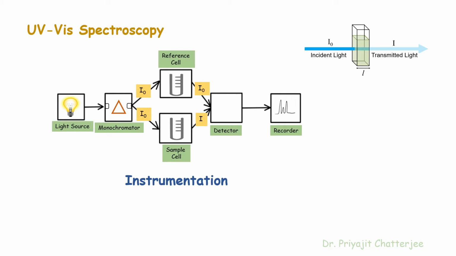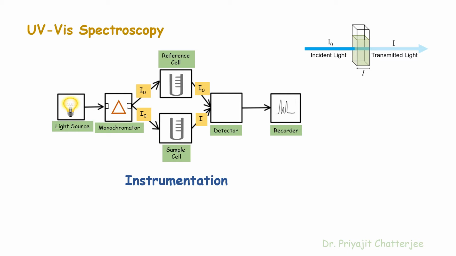The second component is the monochromator, which basically consists of one prism and two slits. The light from the lamp enters into the monochromator through the first slit. The role of the first slit is to make the incoming photon particles fall parallelly on the surface of the prism. Prism then separates the polychromatic light into various light rays of different wavelength. After passing through the prism, the light of a specific wavelength moves out through the second slit.